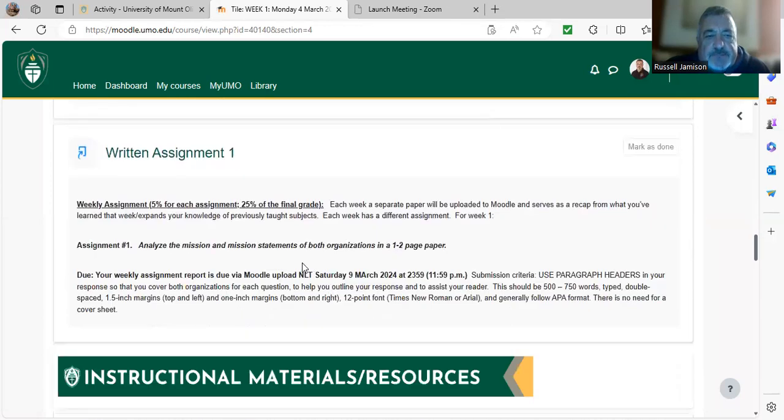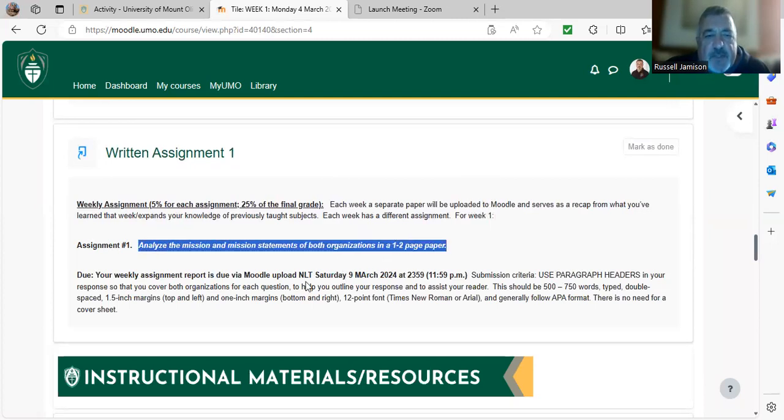Okay, the written assignment that's due on Saturday: I want you to analyze the mission and mission statements of both organizations. Don't just, obviously, tell me what those are. Tell me what the mission statements are for both organizations, and then analyze them. In other words, talk to me about them. What do you know about mission statements? What did you learn in LDR 300 as to what a mission statement should contain and why that's important to an